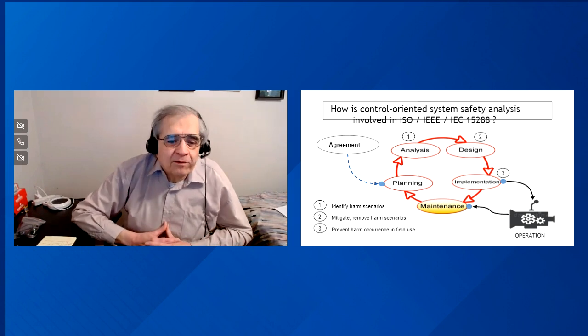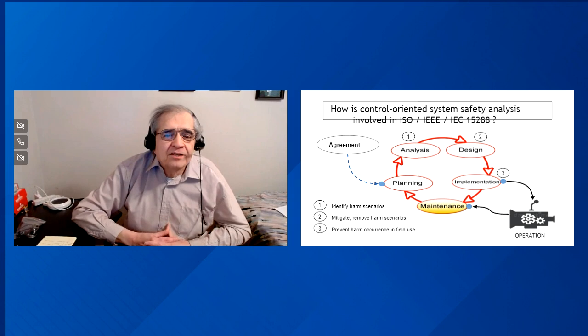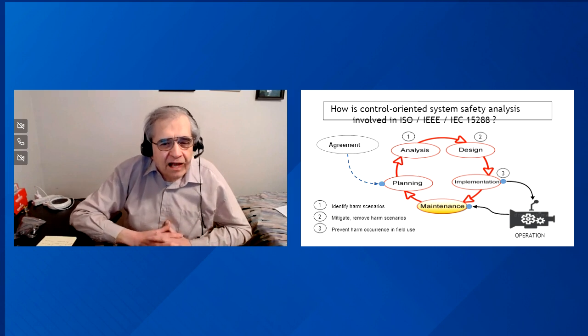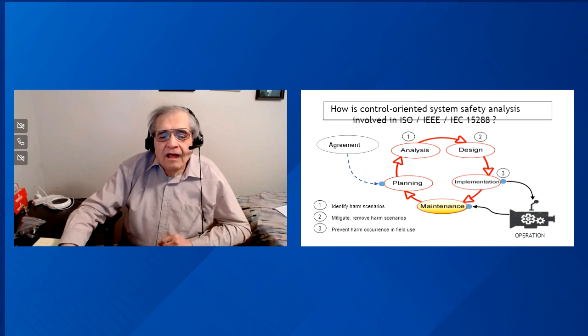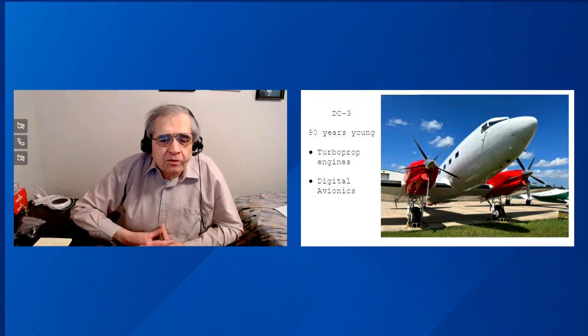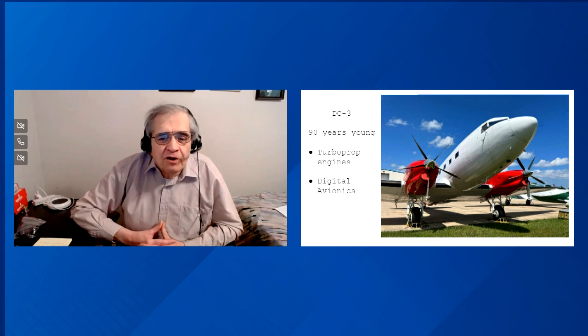You might think, for example, that, boy, this is adding more things to do as you build the system. And perhaps you're saying, well, this system doesn't have that long a life cycle, and maybe we can lighten up on some of these controls-oriented system safety analyses, but you never know. An example of that, even though it's not a completely software system, is a certain aircraft that was built in the 1930s, the DC-3. That picture was taken in 2024. It's a 90-year young system